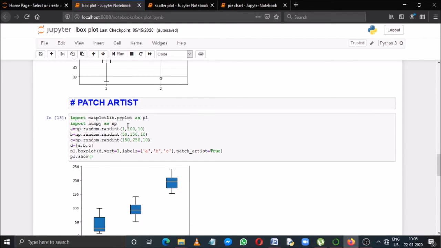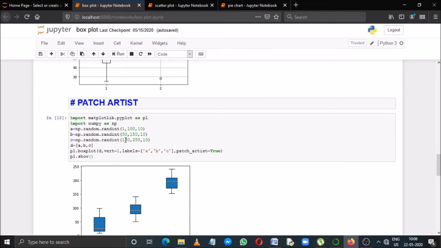Initially in this example, I have imported matplotlib.pyplot and numpy. And then I took a numpy array called A and I have generated its elements randomly. The lower range is 1, upper range is 100 and 10 points will be generated. For the next one, I took 50 to 150 with a gap of 10.